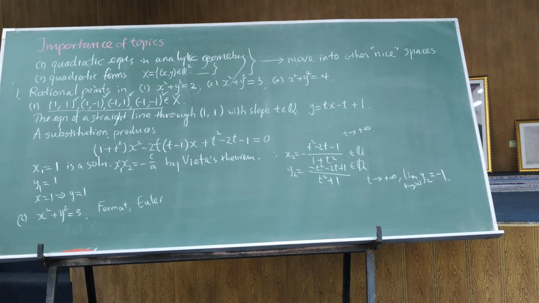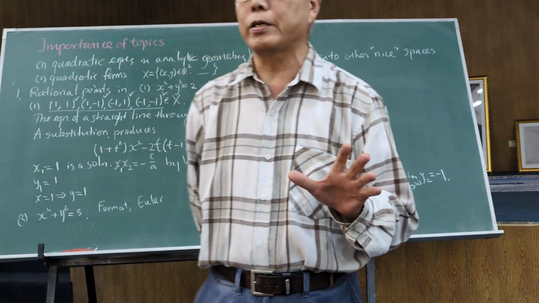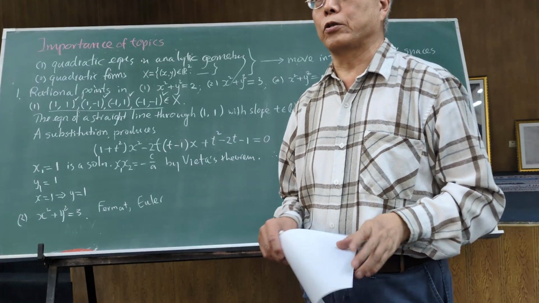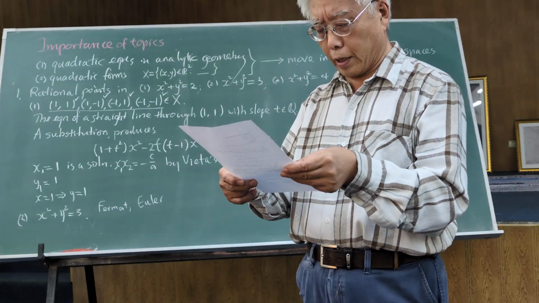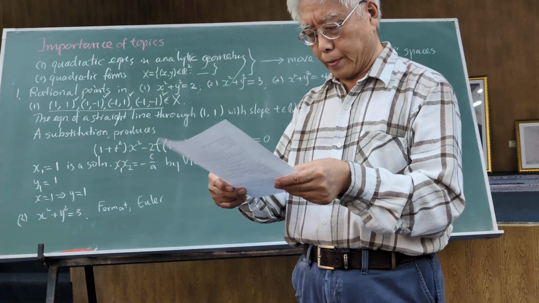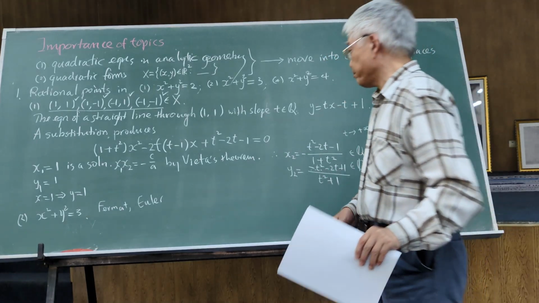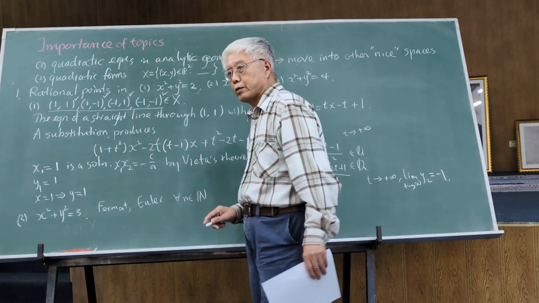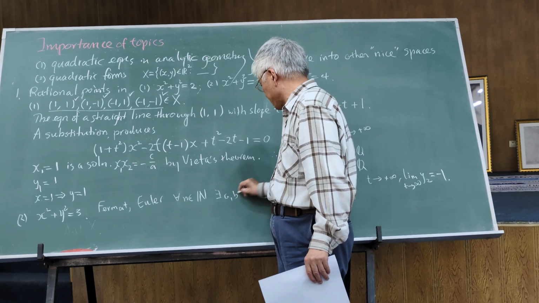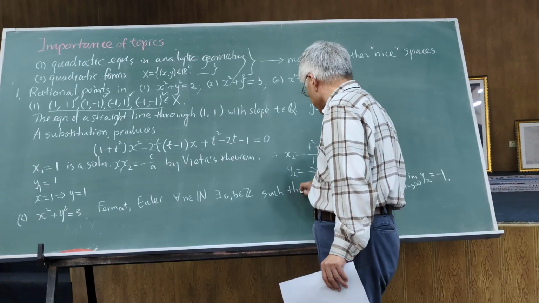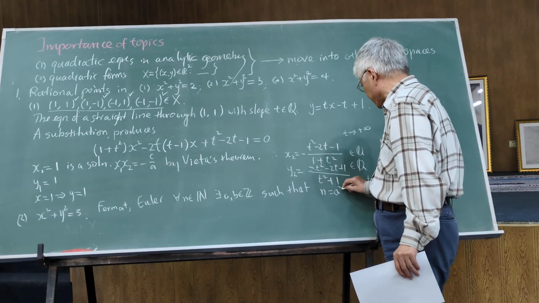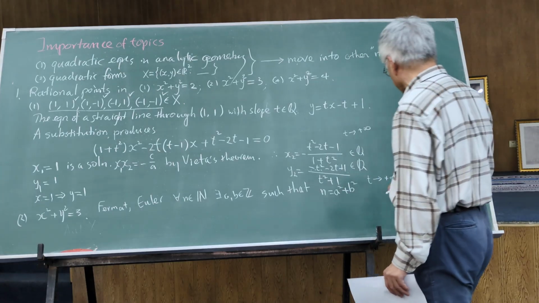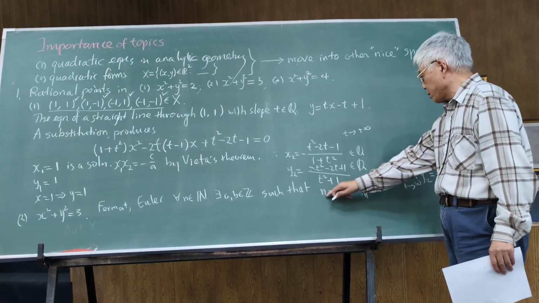Any integer, of course, being a sum of two squares, has to be a non-negative integer. Any integer which can be written as the sum of squares of two integers a, b, if and only if that n satisfies a certain condition. The condition is that the square-free divisor of it is not 3 mod 4. For any natural number n, though 0 is trivial, there exist integers a, b such that n is equal to a squared plus b squared if and only if the given solvability condition holds, the square-free divisor